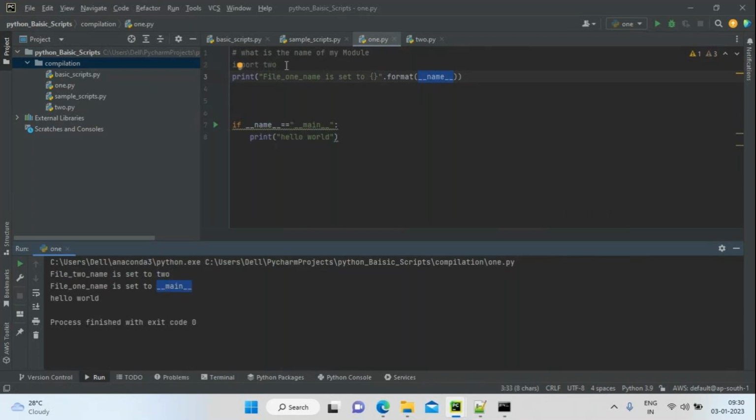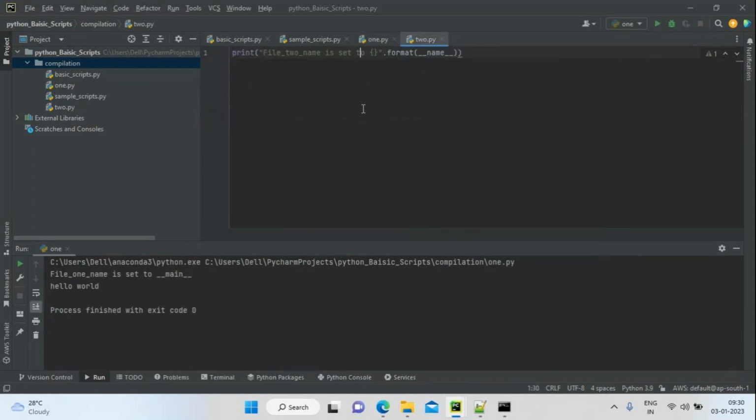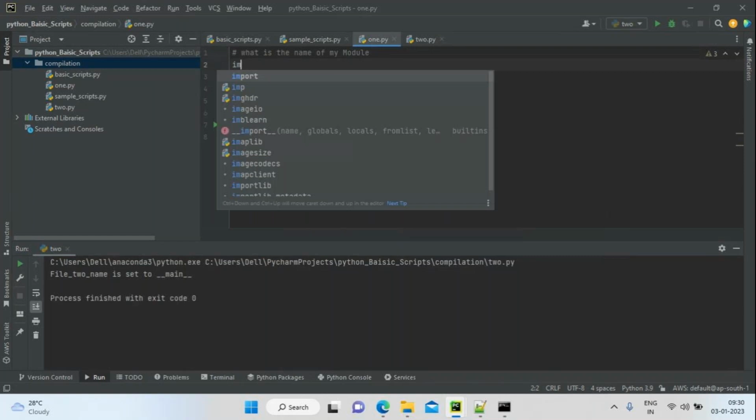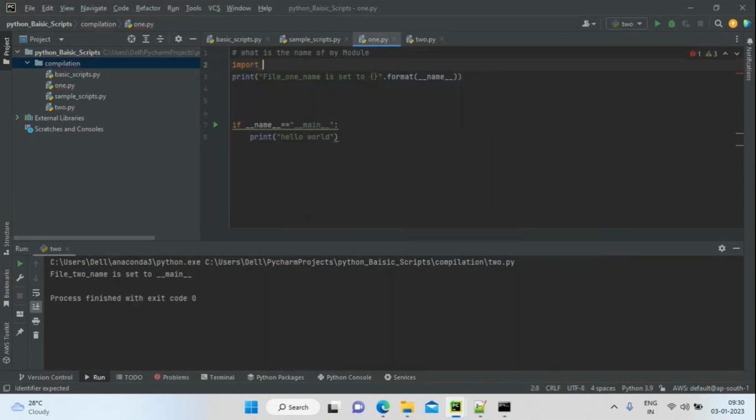This name will be my main module. Don't get confused. See here, I am removing this module name. It's going to be the main module. Go to the 2.py file, run this program, main module. What am I going to do? I'm going to call this module, import 2. Now, if I call this 2 module in my current script, what will happen?